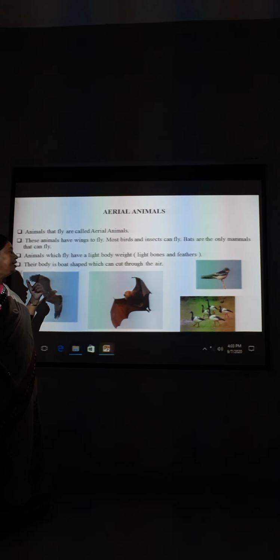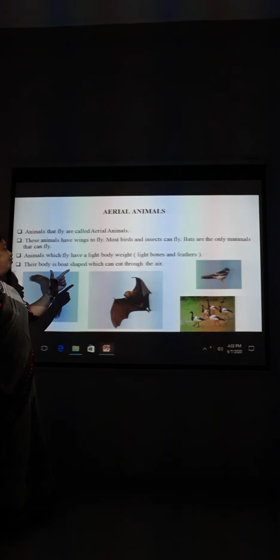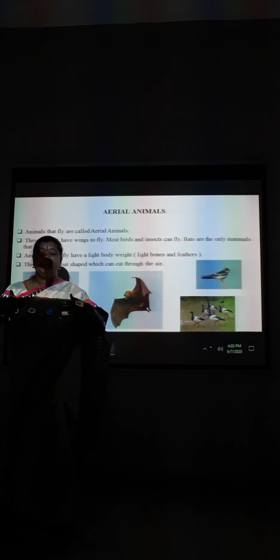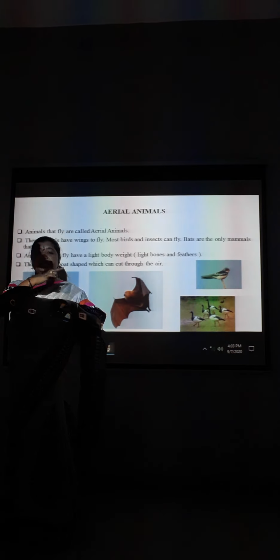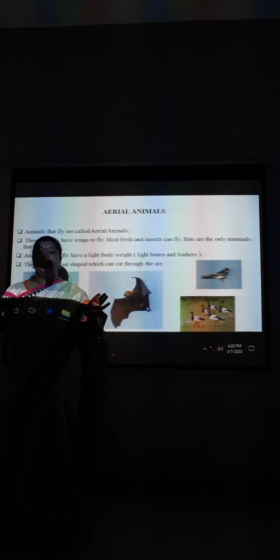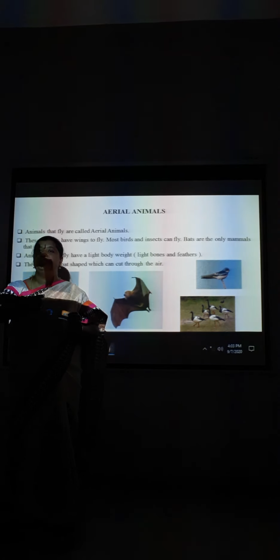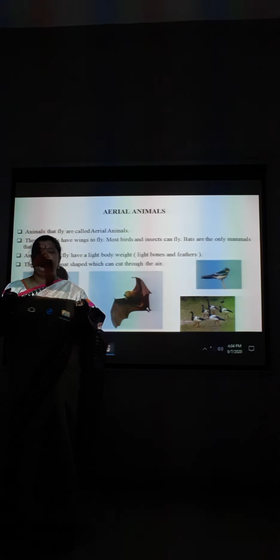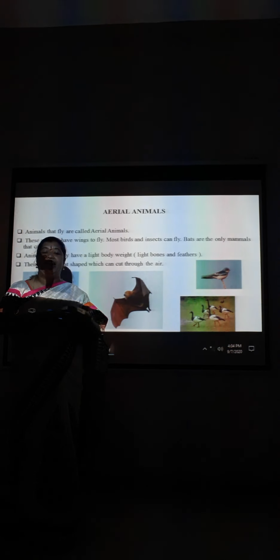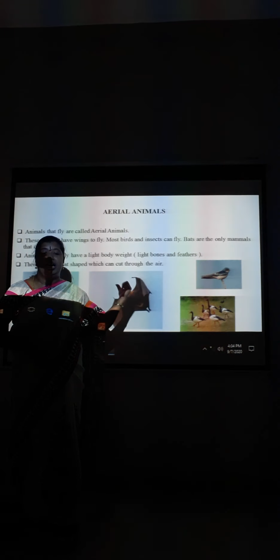Animals which fly have a light body weight. Their body is boat shaped, which makes them cut through the air. So these animals, the birds and the insects, have very light bodies. The bones are light, and with the help of light feathers, they try to fly in the air. Their body is boat shaped. As it is boat shaped, they cut through the air, and with the help of wings, they fly high. Okay children, if you take a bird feather, how do you feel it? If you just blow it, it would go on and on, right? Why? Because it is very light. That is the reason it can fly and fly, and sometimes you can't even catch it. In the same way, the birds' bodies are very light, which helps them to fly in